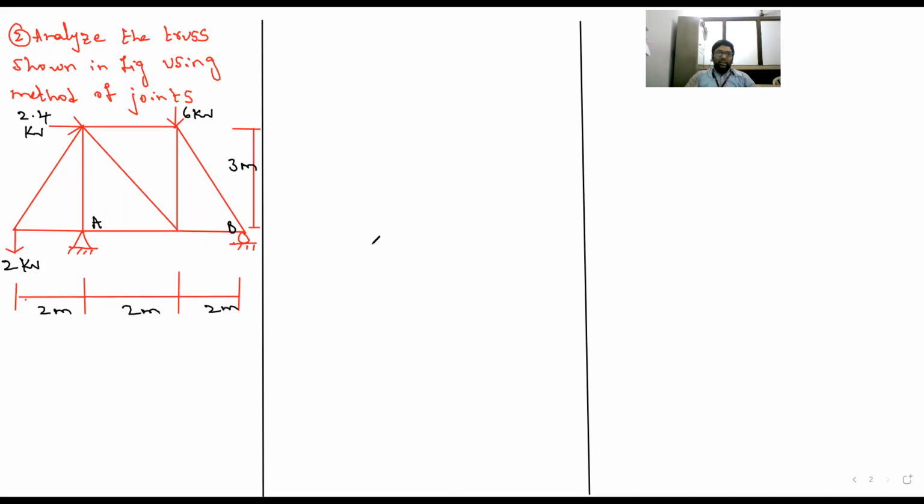So we need to analyze this truss. Before going into any further process, let us first sketch the free body diagram. You will get clarity. Where do we need to calculate the reactions? Where do we have a horizontal reaction? Where do we have a vertical reaction? We will get some clarity on how to solve the problem once we get the information regarding the free body diagram. So now, solution.